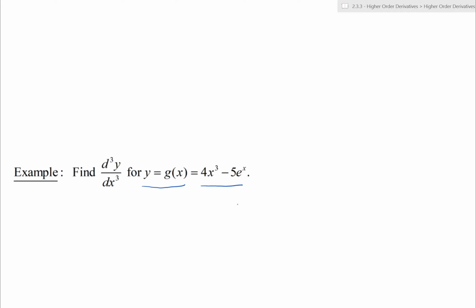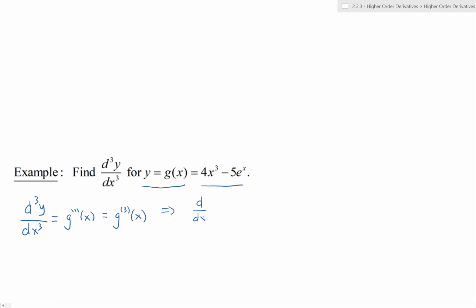I have to differentiate that function 3 times. Now, of course, in this situation, the third derivative of y with respect to x is really just the same as saying g triple prime of x here, or if you prefer, the third derivative of g with respect to x. All those mean the same notation. So let's do it. I have to differentiate this 3 times. So first things first,